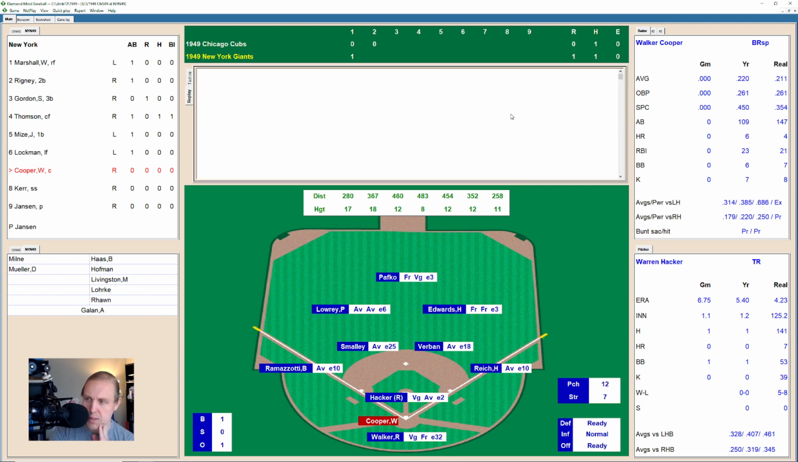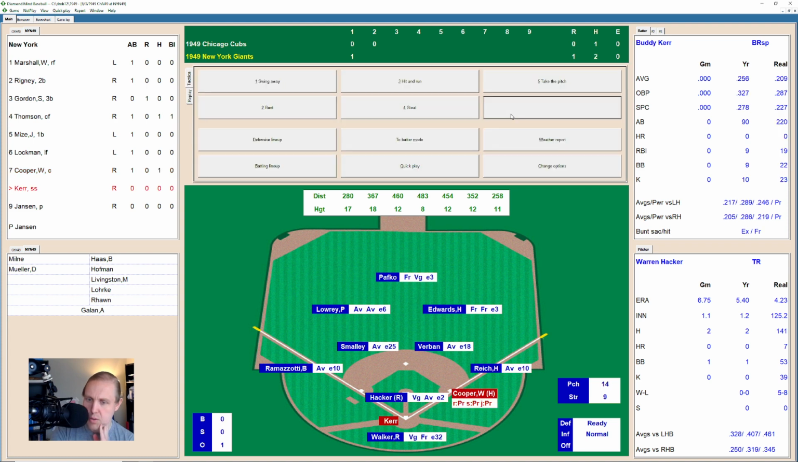Walker Cooper now takes a ball low. And there is a strike. 1-1 on Cooper, and he hits that over to center field for a base hit. It's only the second hit of the game for the Giants. It was Thompson's double and now Cooper's single, and that'll bring up Buddy Kerr, and they're probably going to look